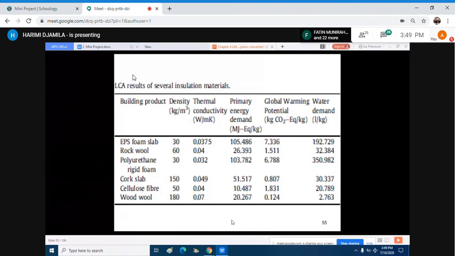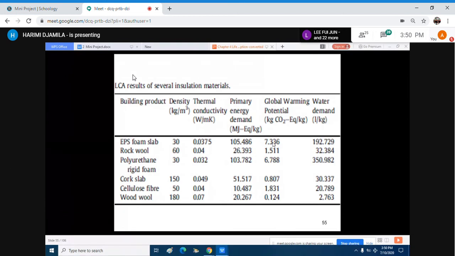However, if we take the primary energy demand, here we find rock wool and cellulose fiber, and probably wood wool is much better in terms of primary energy demand compared to polyurethane and compared to EPS foam slab. In terms of global warming potential, which is a very important part, it's not only in terms